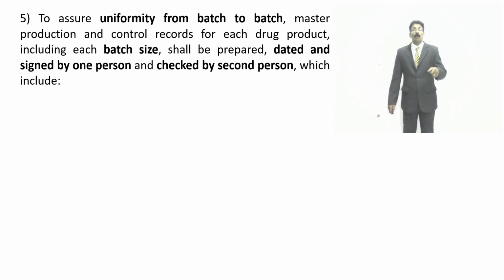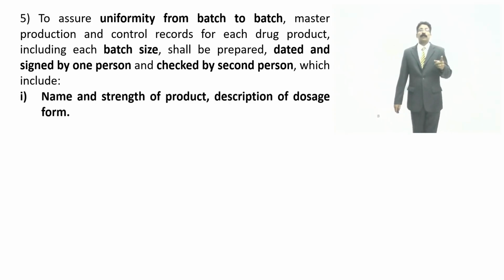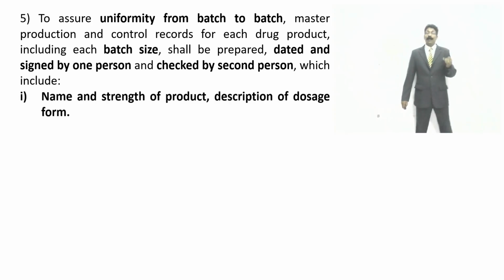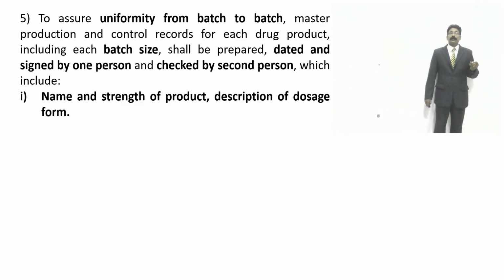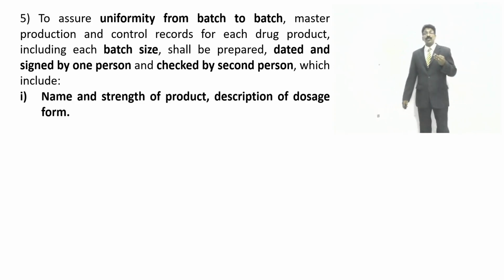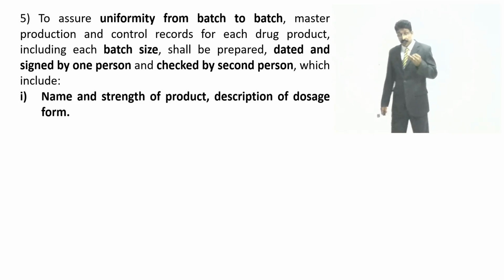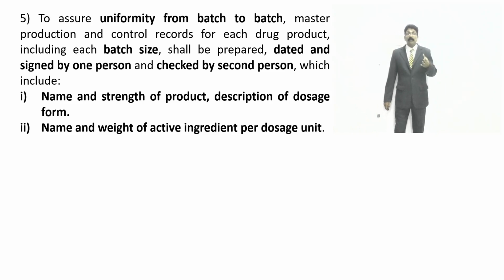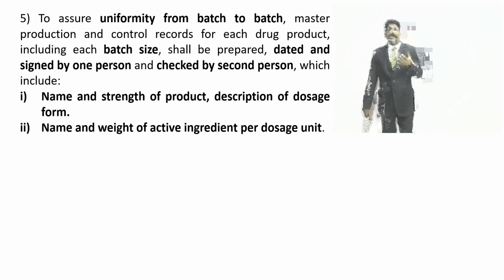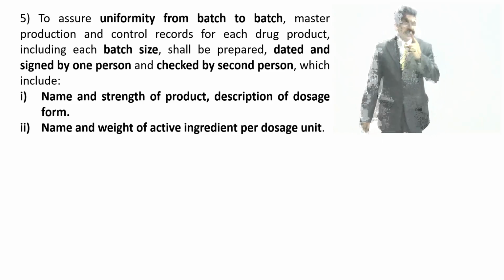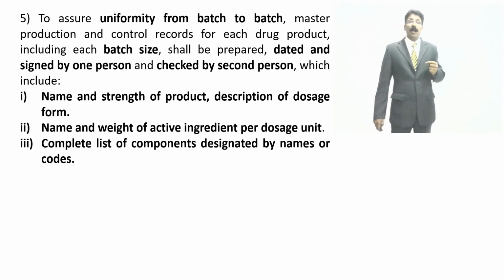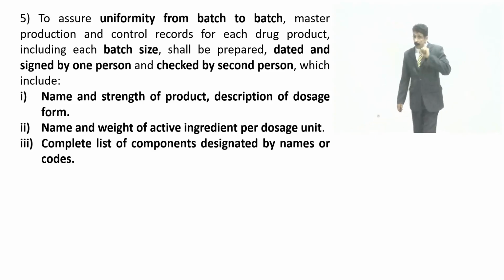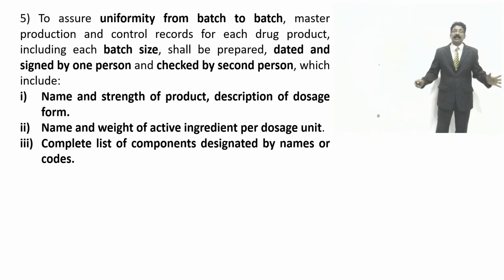These include the name and strength of the product, a description of the dosage form, the name and weight of active ingredient present in the unit dose, and a complete list of components designated by names or codes,